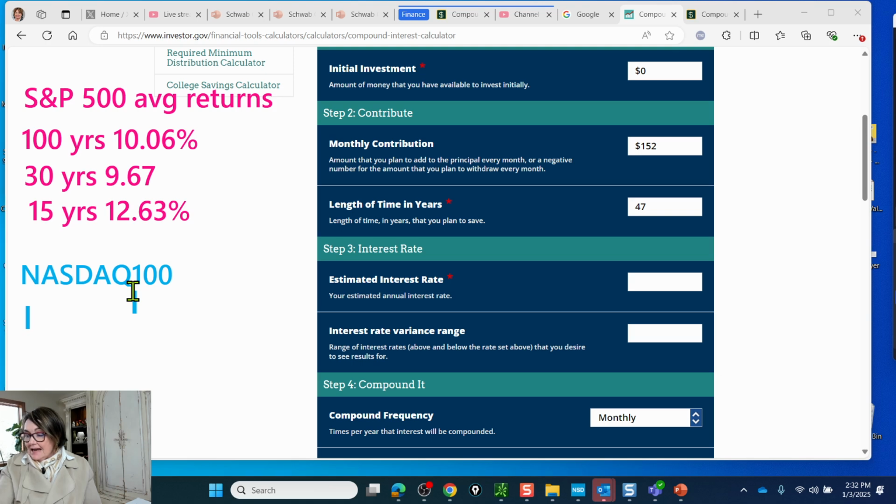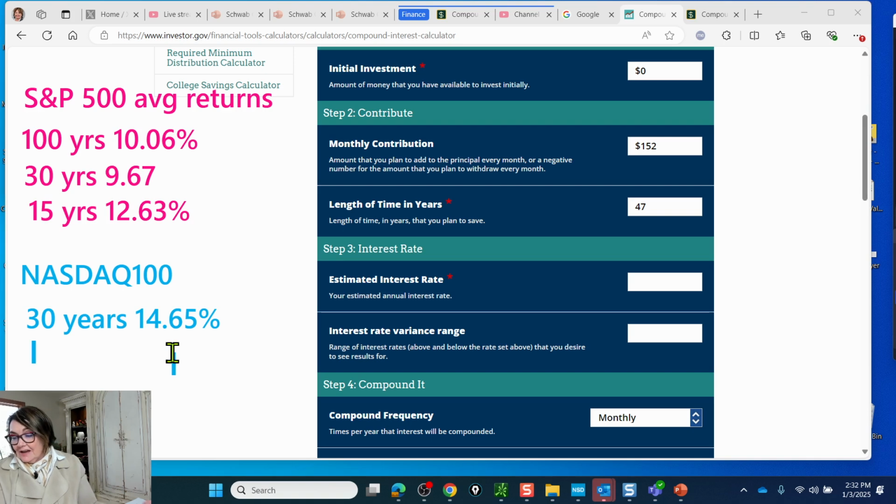And then with the NASDAQ, it's tech heavy and no financials, but tech has been very strong for the last many years. So that isn't necessarily a bad thing. But over the last 30 years, this index has returned 14.65%. And over the last 20 years, 13. And so I thought, well, what if we take this 30-year number, and I'm just going to take the